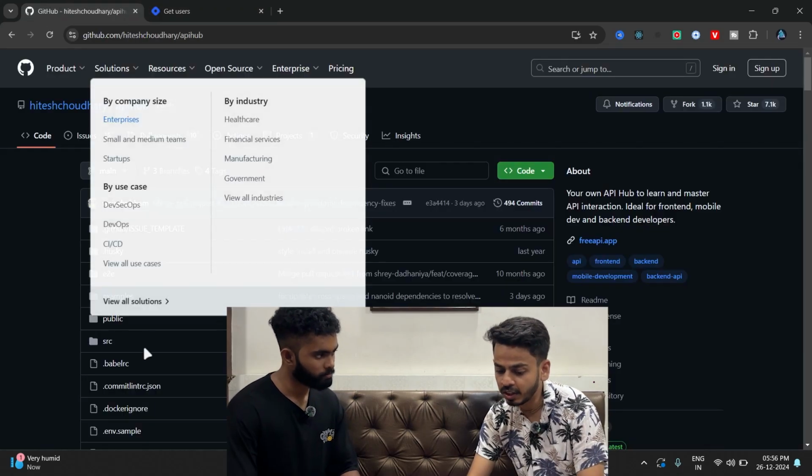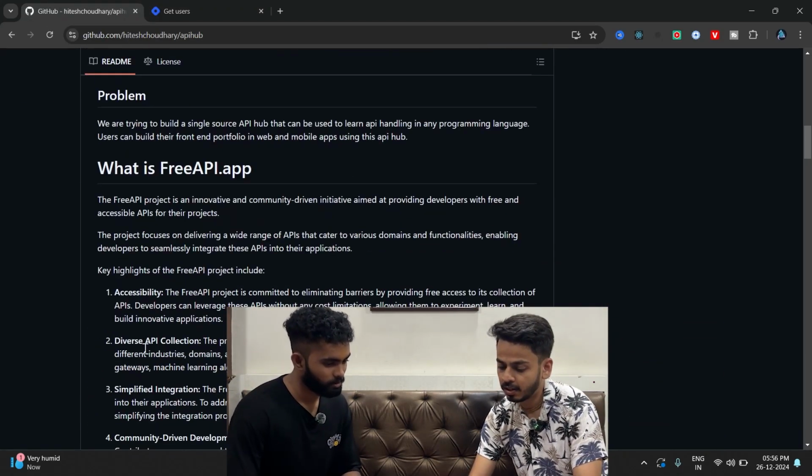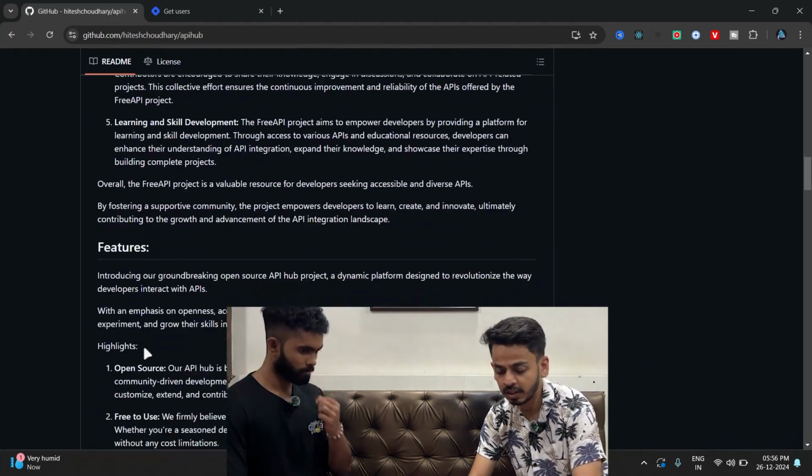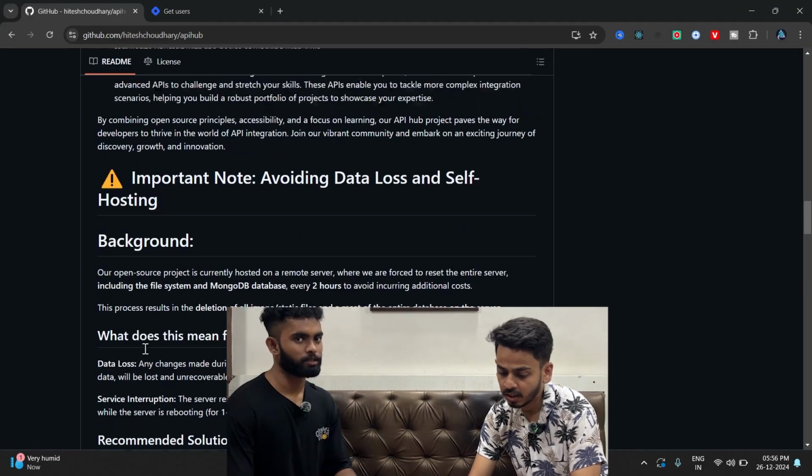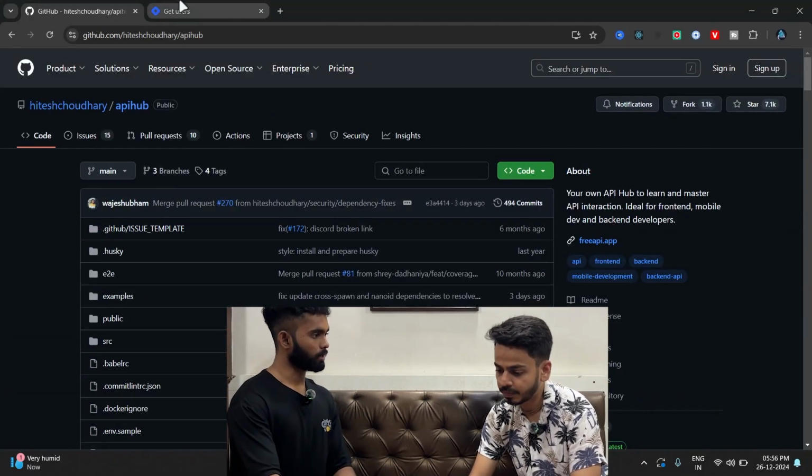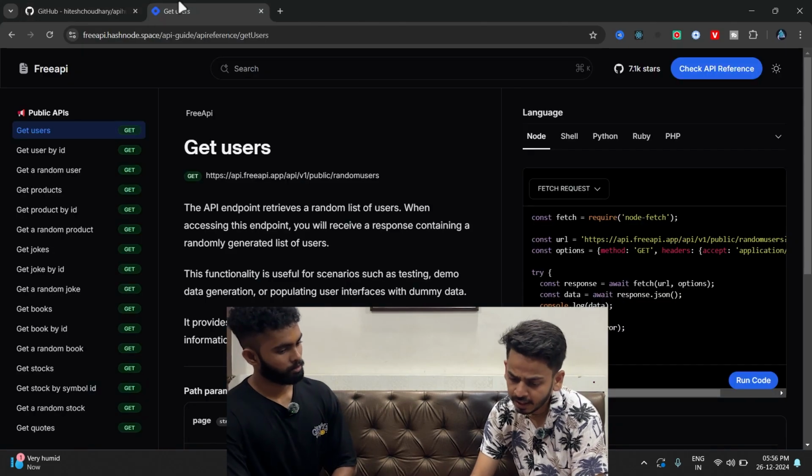Yeah, you can actually host your own API. You have to go through this entire documentation. Basically, this is a gateway where you can display your own APIs. And I recently